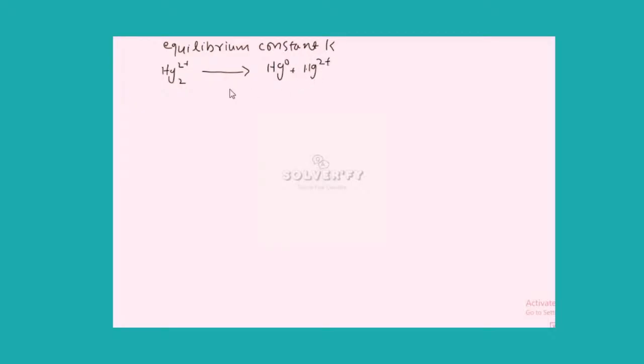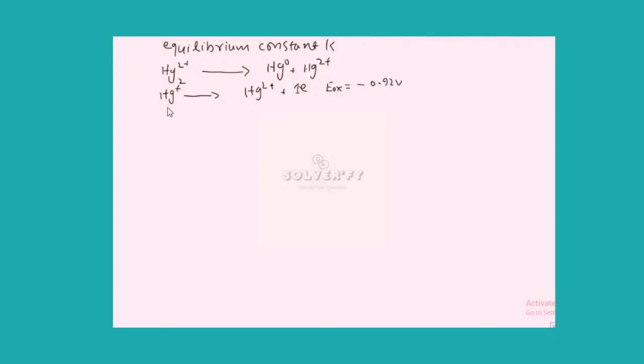In this reaction, Hg+ oxidizes into Hg2+, releasing an electron. The E oxidation of the Hg+ is minus